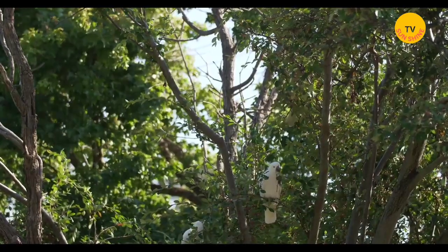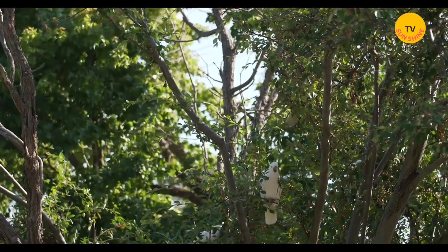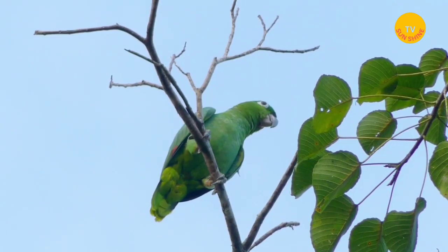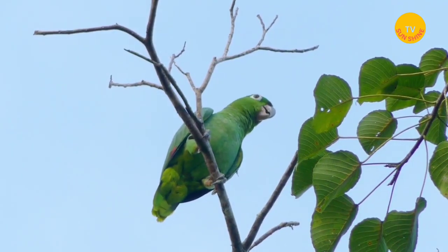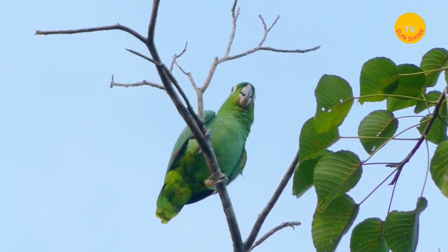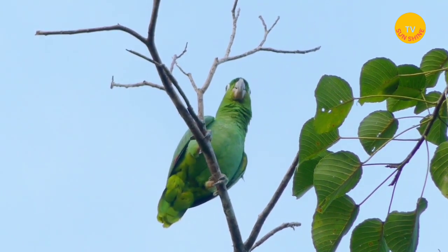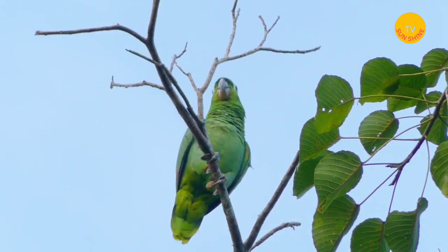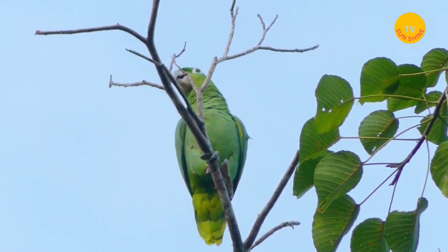on the black market. Conservation efforts are focused on protecting critical habitats, enforcing laws against illegal trade, and supporting captive breeding programs. In some cases, successful reintroduction programs have helped bolster wild populations. For example, the Puerto Rican parrot, Amazona vittata, was once reduced to just a few dozen